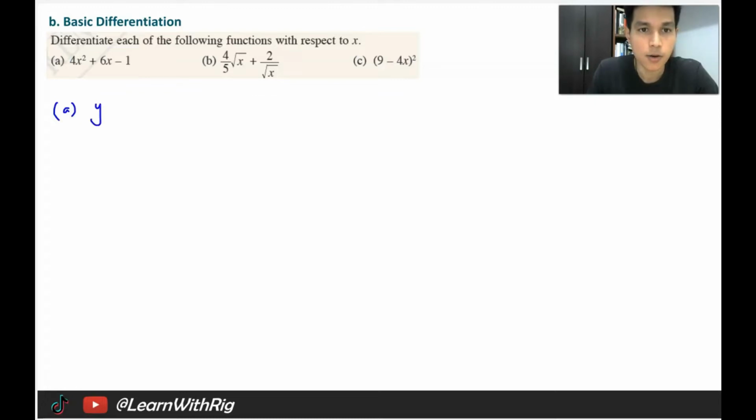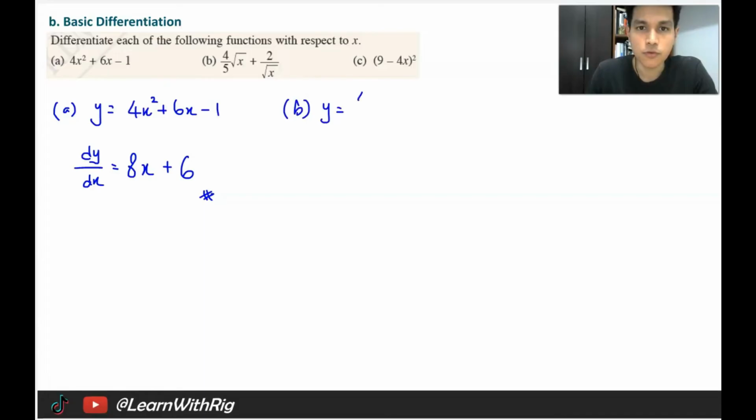Question A: y equals 4x squared plus 6x minus 1. So dy/dx is going to equal 4 times 2 here, x power 2 minus 1, and then this is power 1, times 6, x power 1 minus 1. I'm going to do it much faster now because I'm sure you guys already know the basics. So you get 8x power 1 plus 6, then x power negative 1 becomes 0, so no need to write. So this is your answer. Question B: